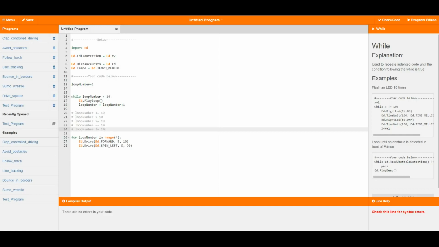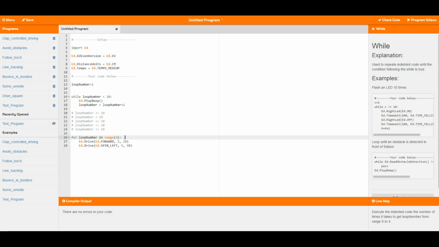The next thing in the program is what's called a for loop. The for loop is a bit of a special one, and it has a few different uses in Python. In EdPy it only has the use that I've specified here. What this does is it allows you to tell EdPy to run a loop exactly the number of times you want it to run without having to worry about the variable, as we had to do in the while loop up above. Basically all we need to do is tell the for loop, it says for loop number